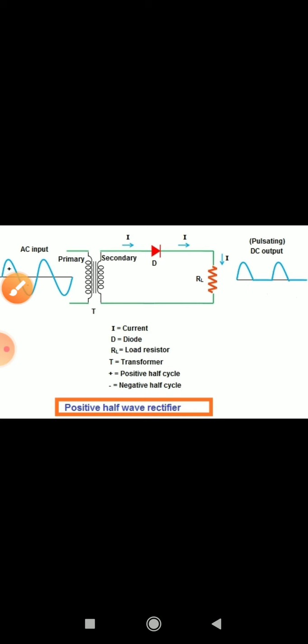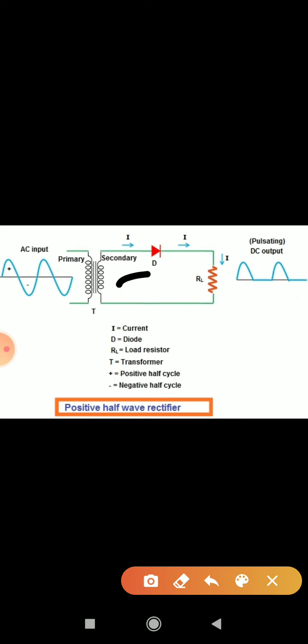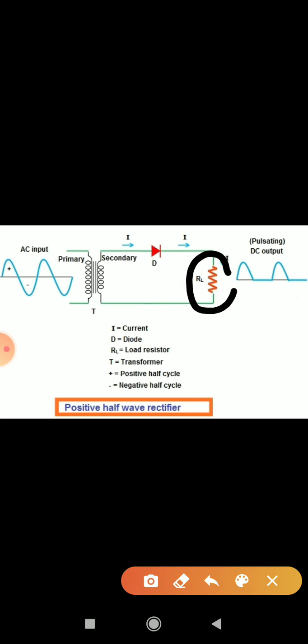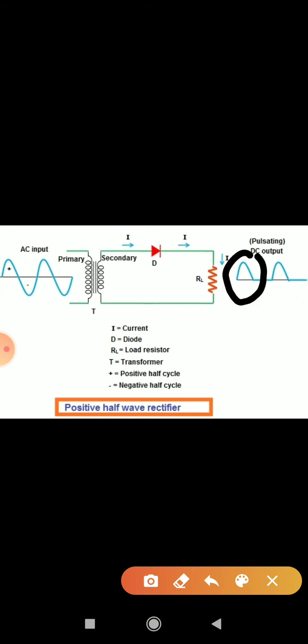When the positive terminal of the diode is connected to the positive terminal of the input voltage, and the negative terminal of the diode is connected to the negative terminal of the input voltage, it is forward biased. In forward bias, it simply conducts current. Now this diode is forward biased, so it allows the current to pass through it. Then across this load resistor, the voltage output is taken, and it is shown as an output pulse. We got the positive half cycle.